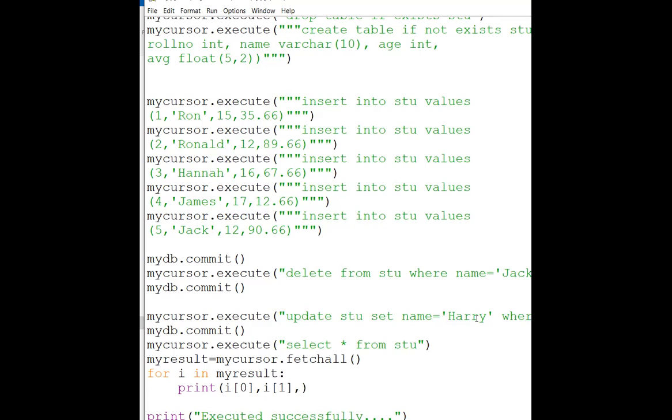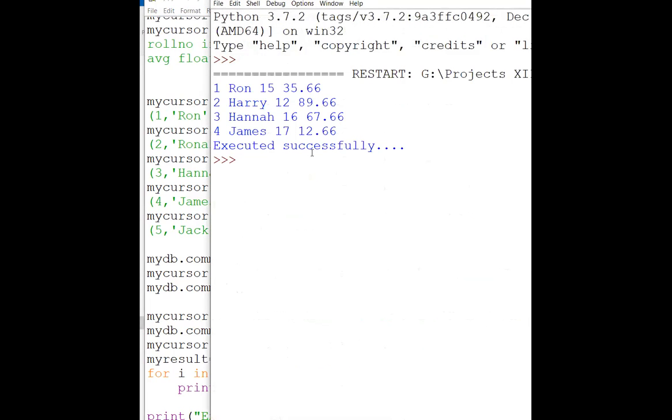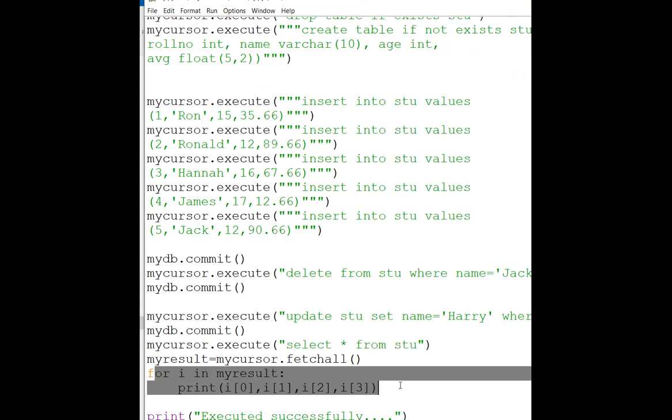We will see what we are going to get. We are checking all these one by one. i of 2, and then i of 3. Suppose if we are going to have like this, then we are checking how it is going to work. Now you can see it is more perfect. It means if you wanted to fetch the record value by value, or data by individual value, in that particular case, you are going to write like this.